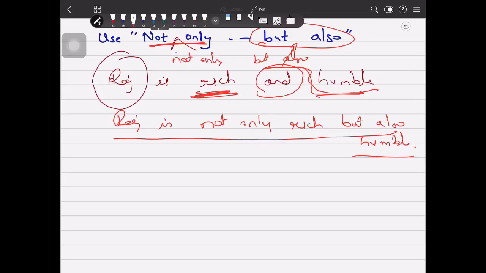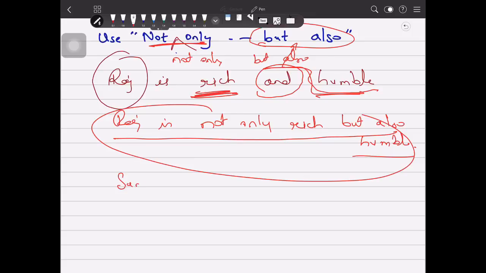Now when we write the answer in the exams, you have to ask yourself some questions: does my sentence make sense, does it sound natural, does each clause use the same part of speech or tense? In your answer, just ask yourself, if I omit not only but also and insert 'and' in between those two elements, does my sentence still make sense? Now let me give another example.